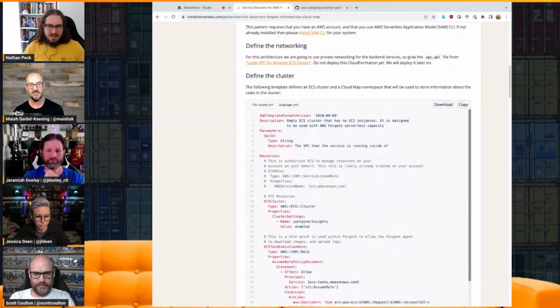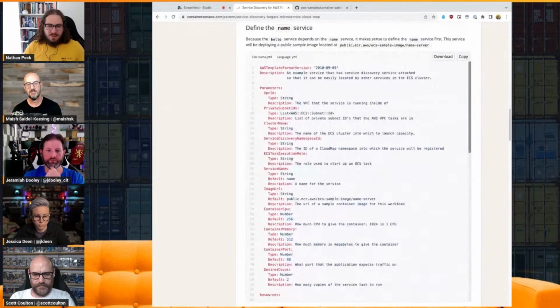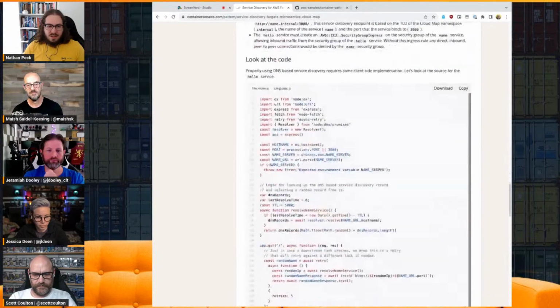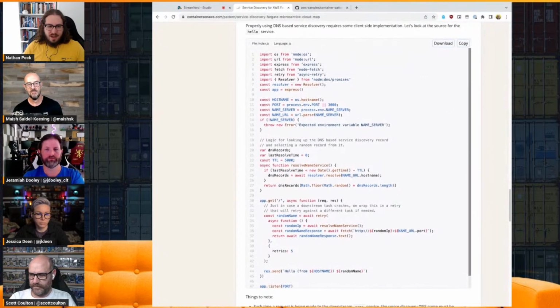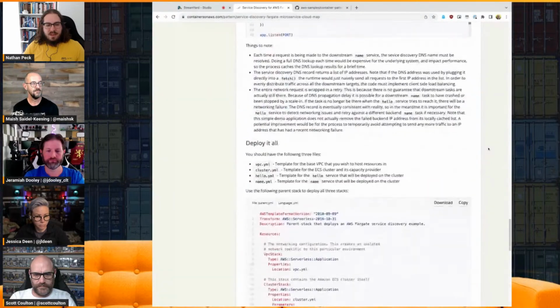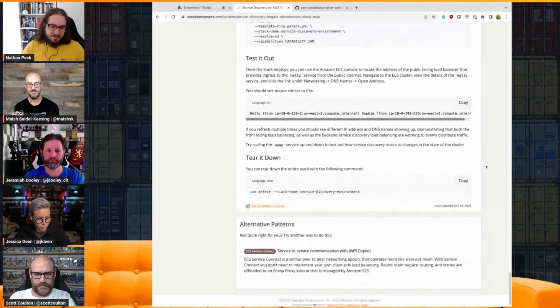So here you can see CloudFormation templates to define a cluster, define two different services that are running in that cluster. And there's even a sample application here that shows how to implement service discovery and use a Cloud Map service discovery record to send traffic to different hosts inside of the cluster. And then instructions on how to deploy it all, test it out, and then tear it down.